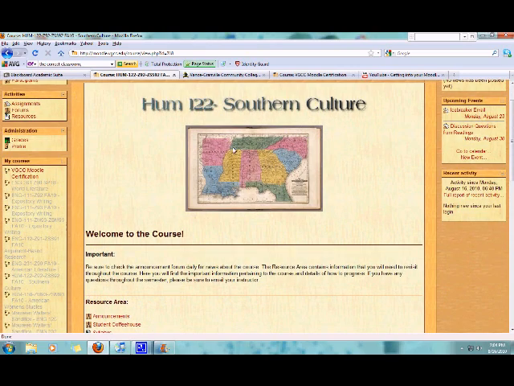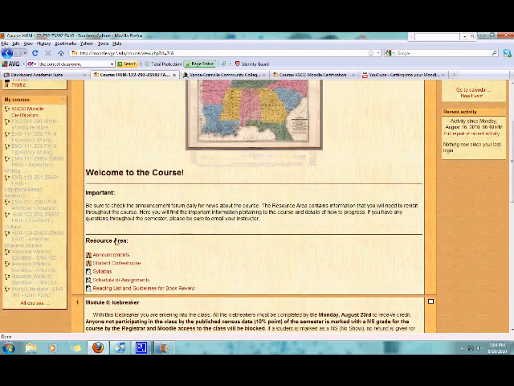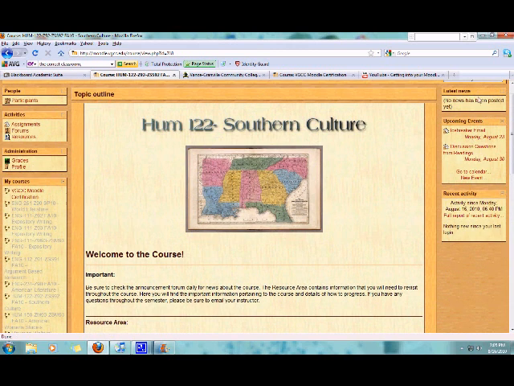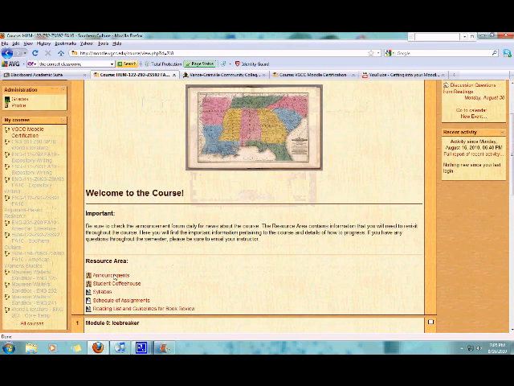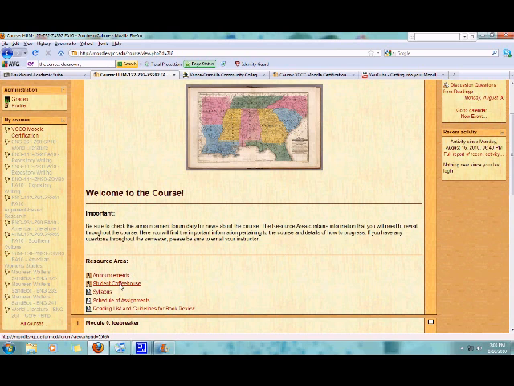This main page here in the very front is not going to change a whole lot. You're going to have your resource area that will have announcements. So again, from up here, those are announcements. It'll be emailed to you, and you can also click on it here to get to announcements that I'll post. You also have a student coffee house, which is simply a discussion board to allow for you all just to talk to each other. It's not graded, and I'll just monitor it to make sure that everything's running smoothly in there, but you know, you're free to post whatever in there. You have your syllabus there, your schedule of assignments for this class with the due dates,